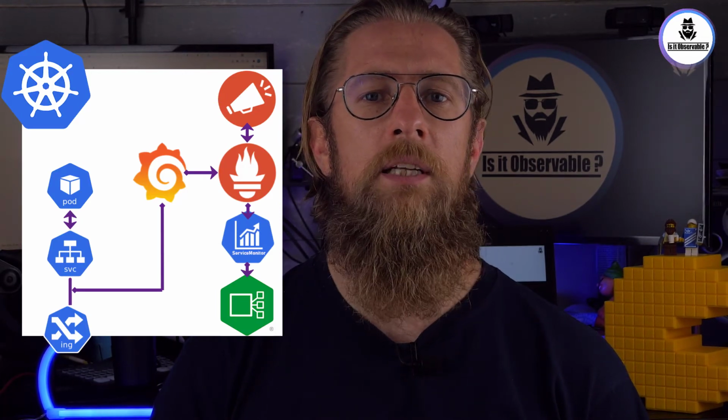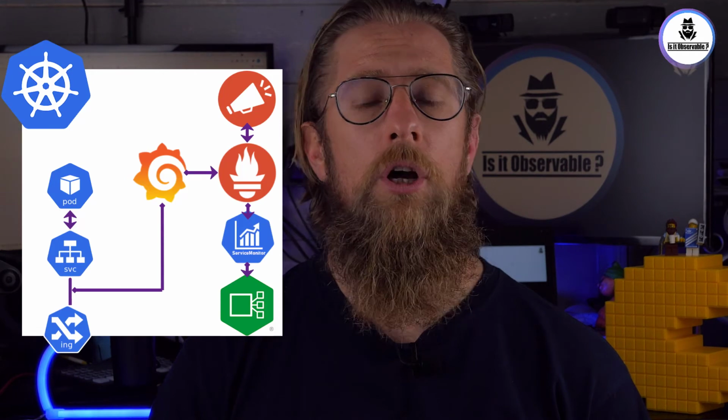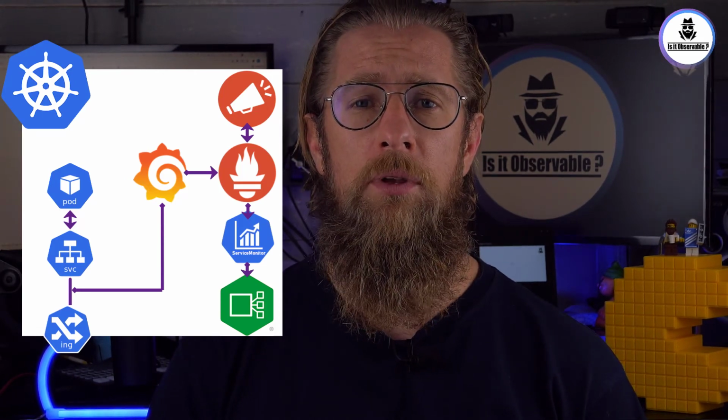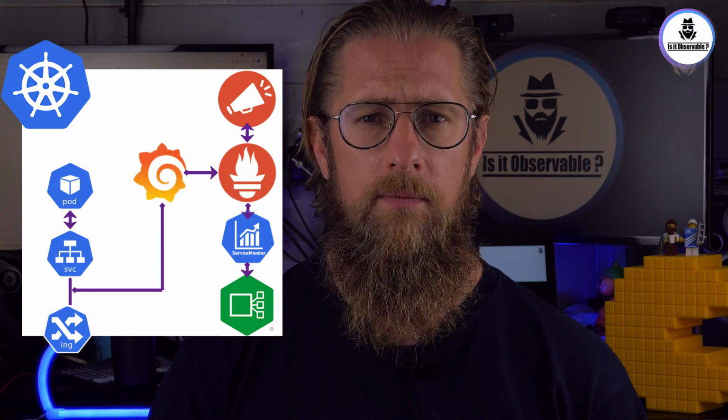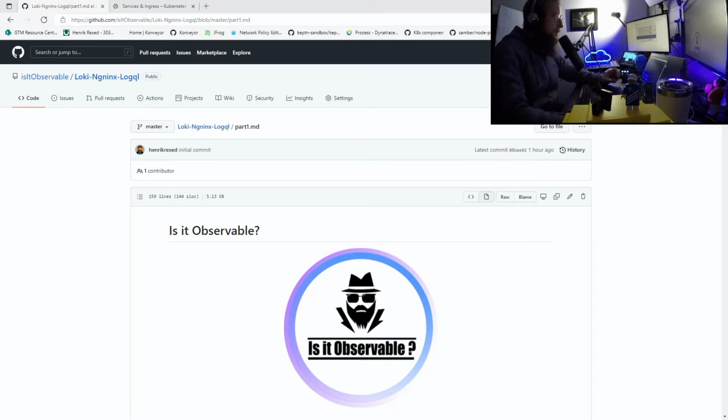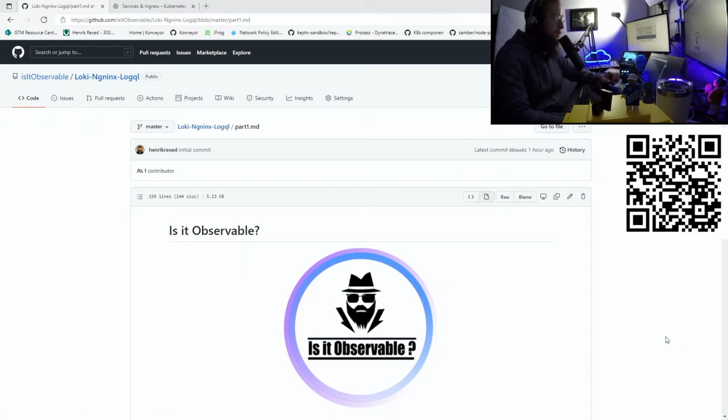Once the metric has been scraped from the Nginx exporter, we will connect to Grafana and build a dashboard using Prometheus metrics. All right, so let's start. Like every tutorial that we deliver on Is It Observable, there will be, of course, a GitHub